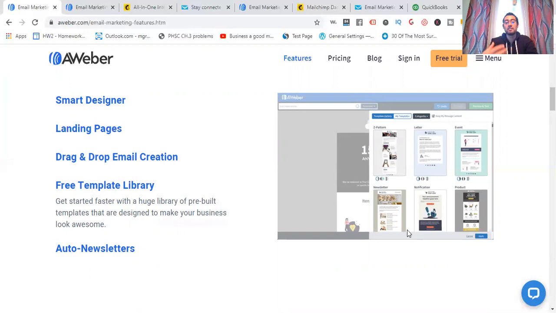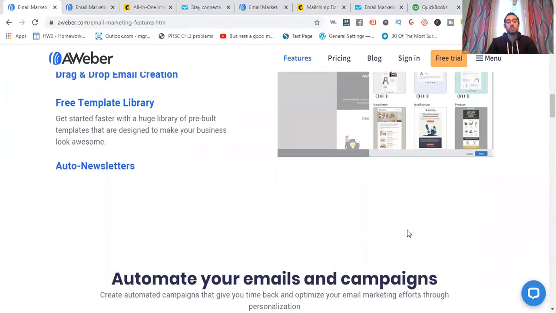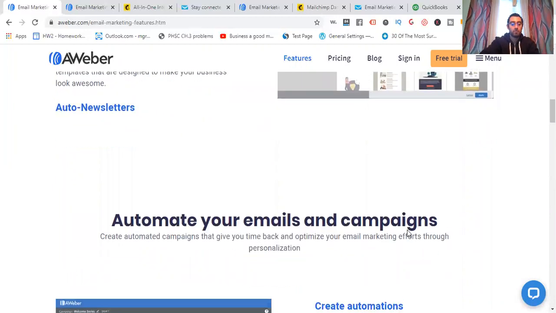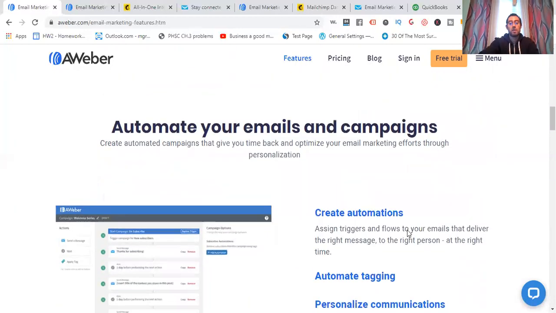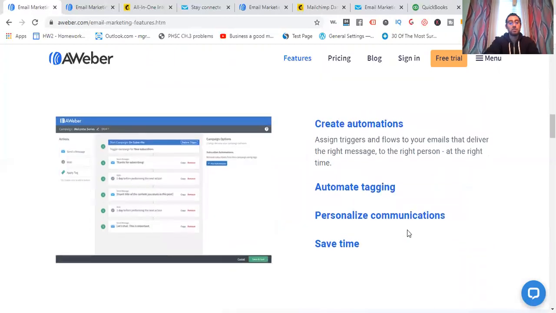And Aweber makes that so much easier too, because when you go do a campaign, let's say, you can choose for a certain type of campaign you want to run, and then on some it has the logo on the top that you can put in there, so you can brand, right? It's a great way to grow your business, right? Branding, auto newsletters, okay. Automate your emails and campaigns. As you can see, kind of a little